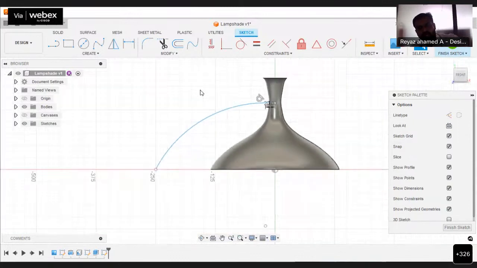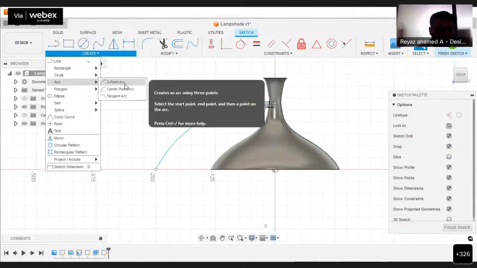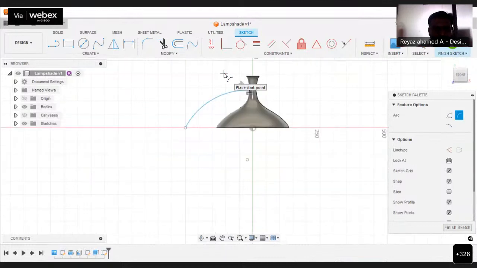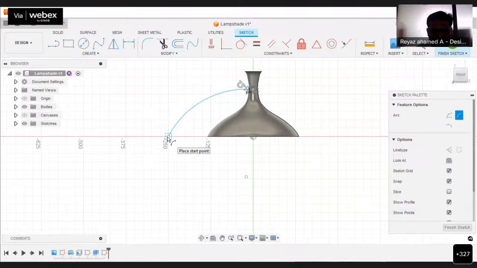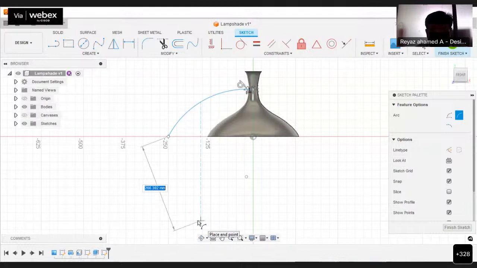Now I have created one arc and I have to create another arc. Let me go with the same option, create arc and the same 3-point arc option. Now I'm going to pick the same end point and then a point over here. This point should be on the left hand side of the end of this lampshade.